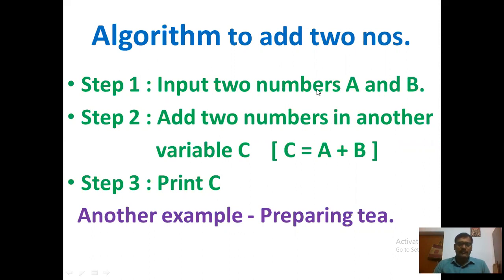If the addition of two numbers algorithm is asked in the examination, you have to write the following steps: step 1, step 2, and step 3. And one point you will keep in your mind is that you can use the English language while writing an algorithm. You can use your own language, but your process should be correct.